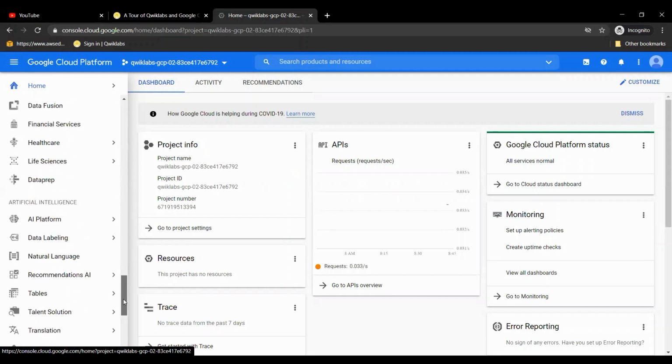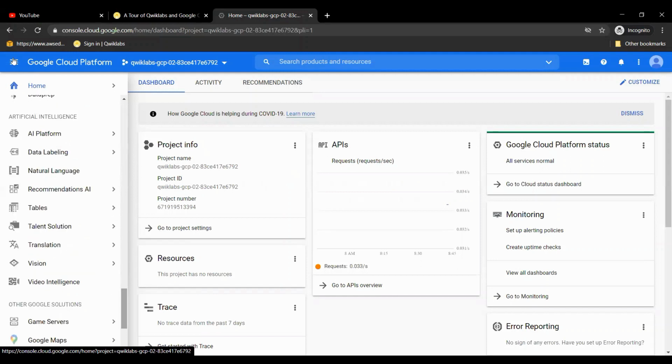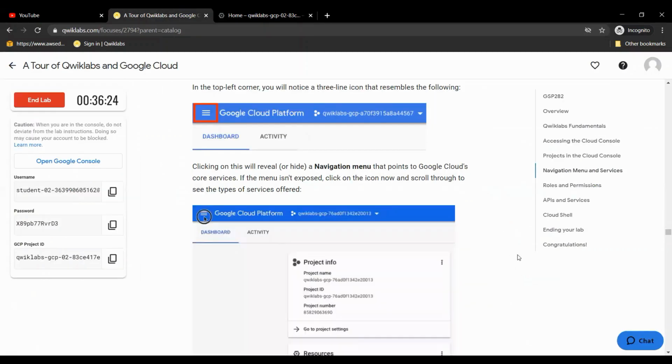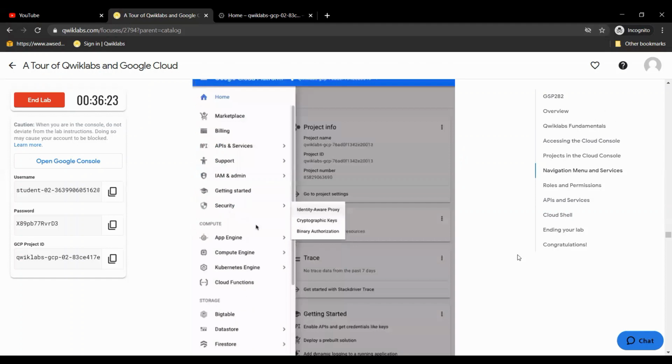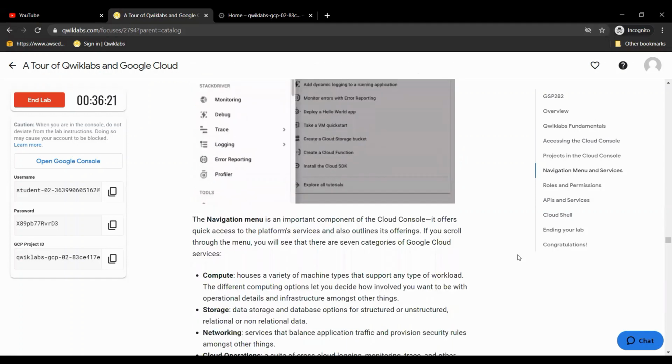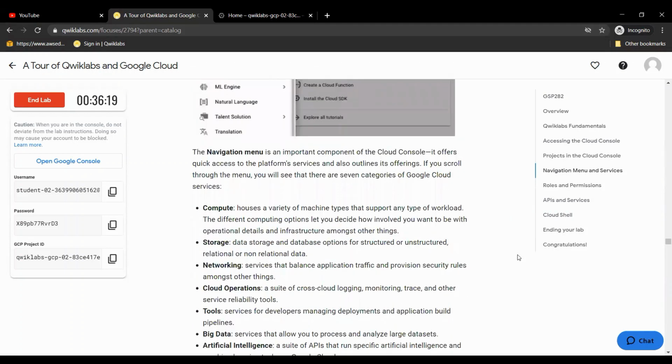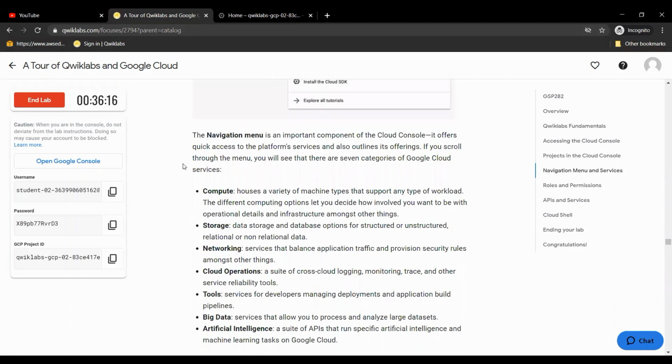These all would be covered in the navigation menu where you can access easily from here. These are all the features that were displayed in the navigation menu.